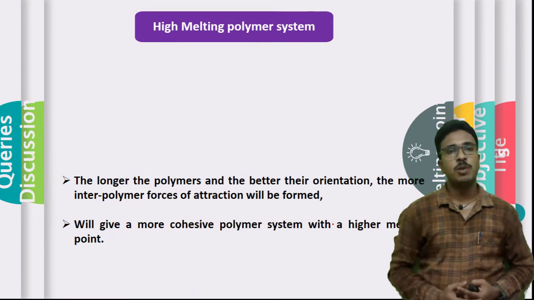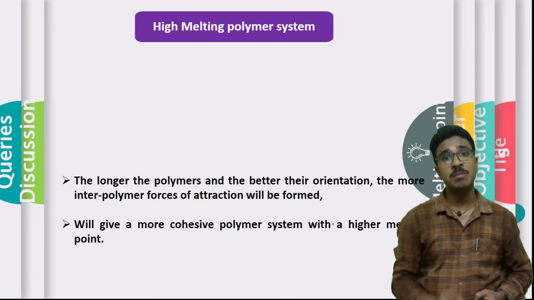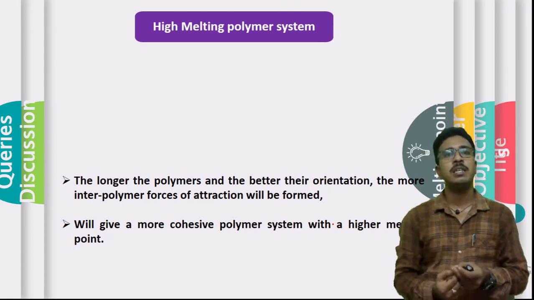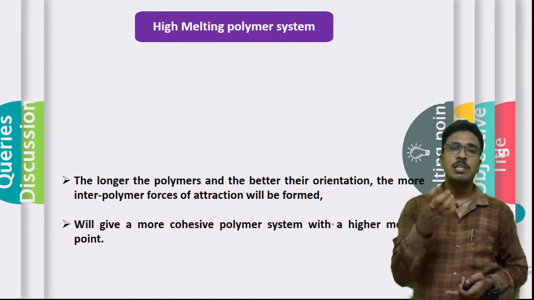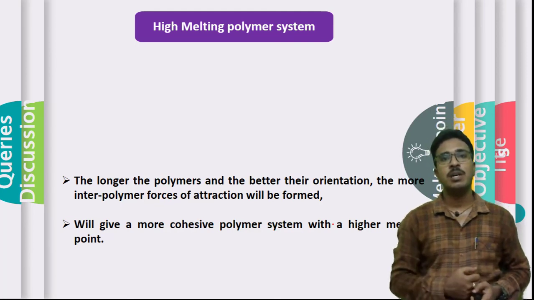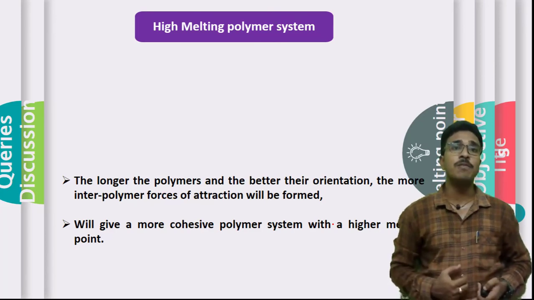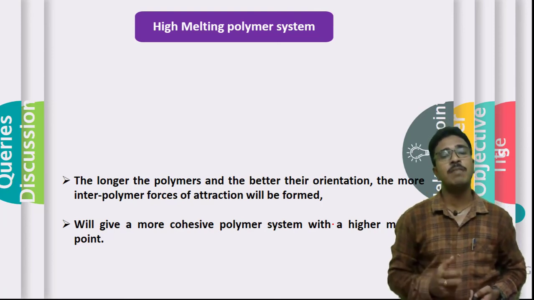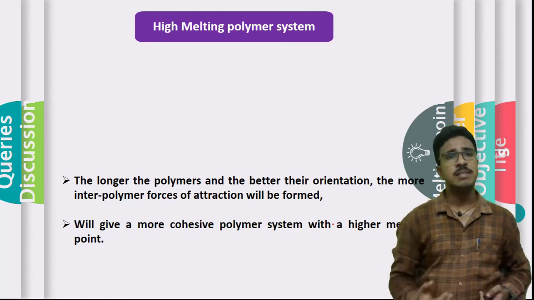Okay. The next important property of a fiber forming polymer is that the polymer should have a high melting point. What do you mean by melting point here? If you take a polymer and start heating it, at one temperature the solid starts melting. That particular temperature we call the melting temperature. Here our context is that whatever polymer we have selected should have a high melting point. So we can say that the polymer should have a melting point of more than 200 or 220 degrees Celsius.